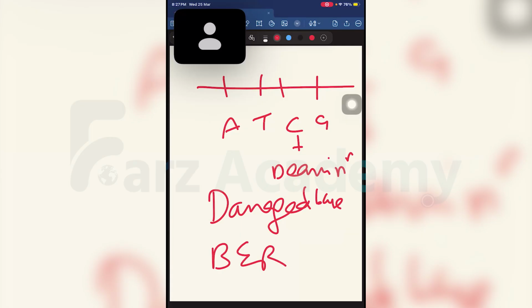What will happen is this damaged base is going to be recognized first. The enzyme is called glycosylase. The glycosylase will come, remove this, and recognize this, like the similar mechanism which we did now. Endonuclease will cut it, throw it out of the helix, synthesize a new base by DNA polymerase, and then join it with the rest of the DNA by the ligase enzyme. It's just that whether it's pyrimidine dimers or an abnormal base, so we have nucleotide excision repair, and this is called your base excision repair.